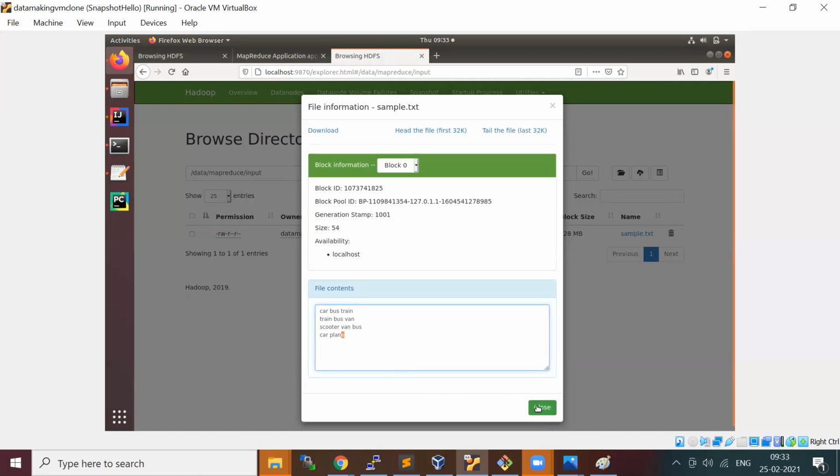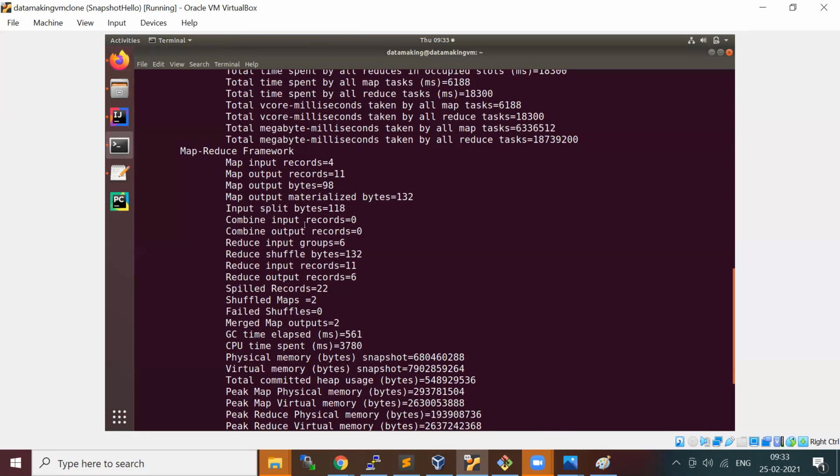So 11 records was the output of your map phase, and you see there are 6 groups, which means you have 6 distinct keys.